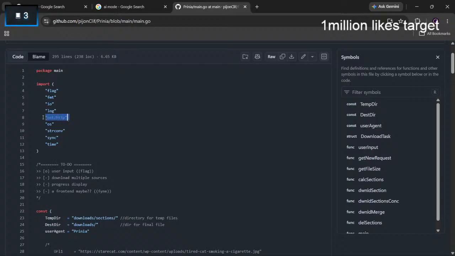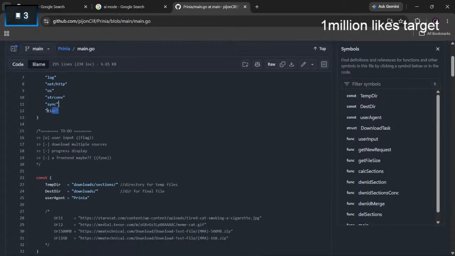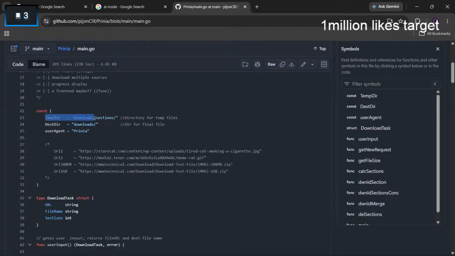You know, this is HTTP, OS, or this contains a string conversion like Atoi or something like that. Sync, I know WaitGroup, time, timer. We have temporary directories and directories for the final file.